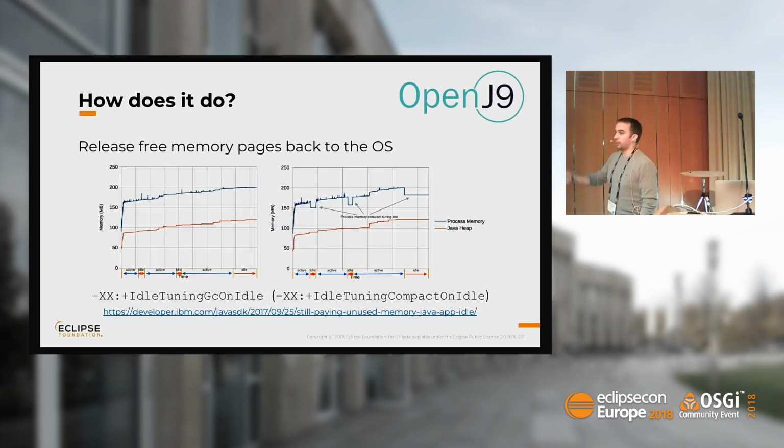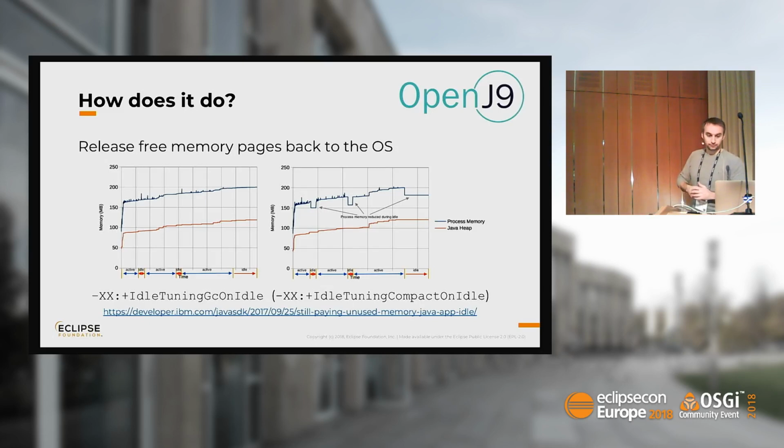The next feature that OpenJ9 provides to offer better performance is that it knows how to release back the free memory pages from the heap. So OpenJ9 is able to detect when the application is idling, and if it detects that in the heap some memory pages are not used at all, it will give them back to the OS. Meaning that if you run on a cluster and one of the nodes contains tens of JVMs, and you want to run another VM, but actually the memory request for this JVM is not enough with HotSpot. If you run with OpenJ9, maybe OpenJ9 will have released some memory pages before, and you will be able to start 1, 2, 10 other VMs on your machine because it has some free memory back to provision